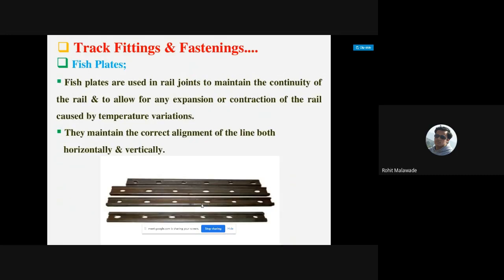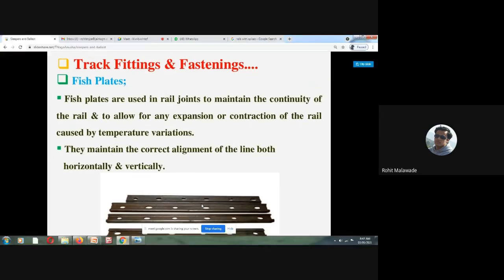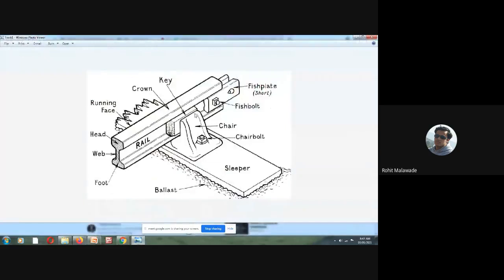Next, we will be seeing what the fish plates are. Fish plates are used in rail joints to maintain the continuity of the rail.